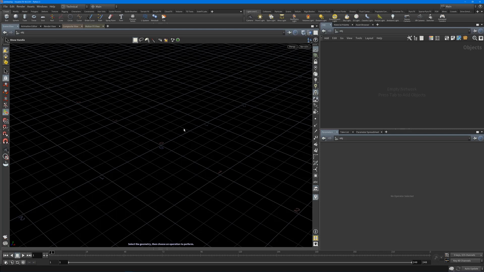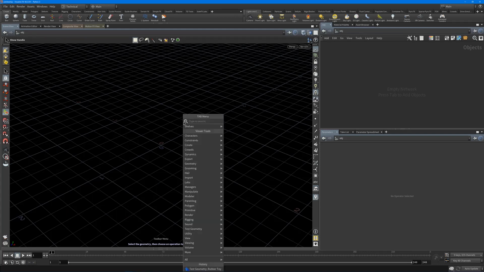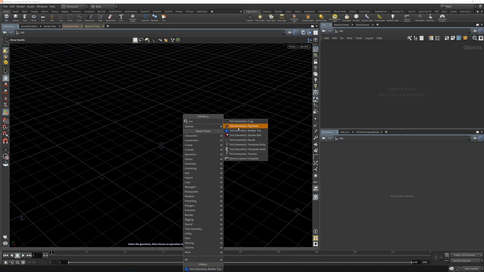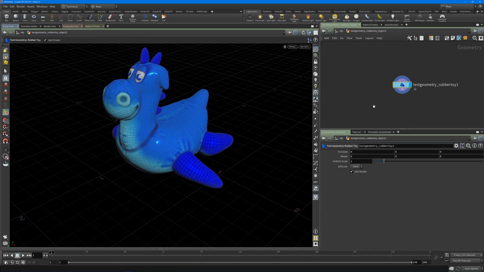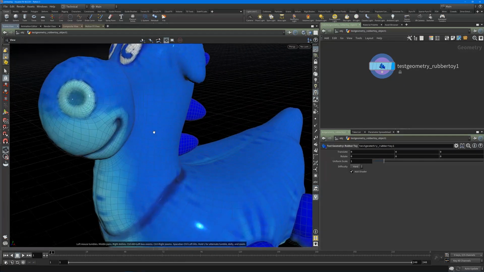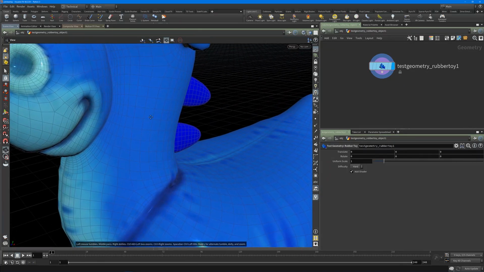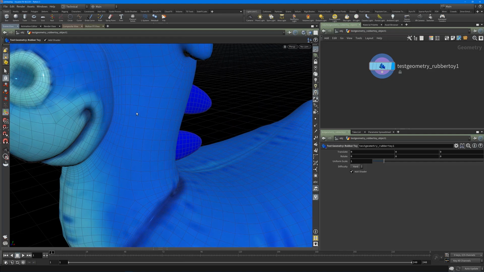Now inside of Houdini, let's take a look at how a couple of these Python states and the handles actually work. I'm going to add the test geometry pig head, or the rubber toy, and dive inside. And we want to try the PolyBevel out because we know that that got reworked for Houdini. So let's work a bit on the neck here. We want to add some edge loops on some primitive faces. So in here, let's do